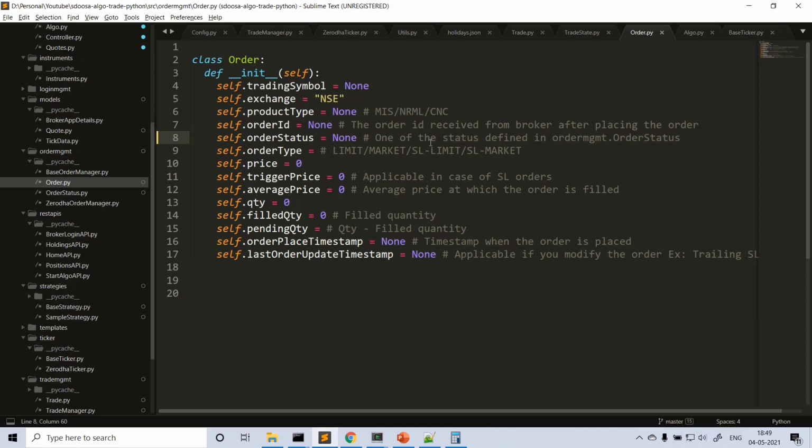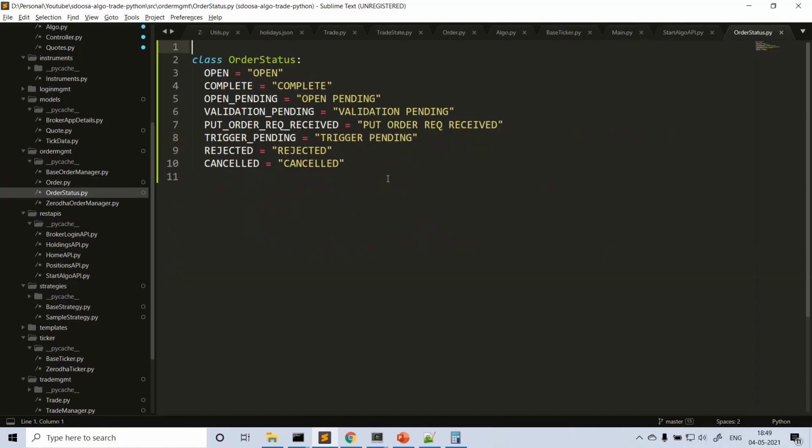Order state again is defined in the order state enum. I have defined these states here. Generally in a system we are maintaining some values, and these values can be different for each broker. Zerodha can maintain these values, but Fyers can have some other names.